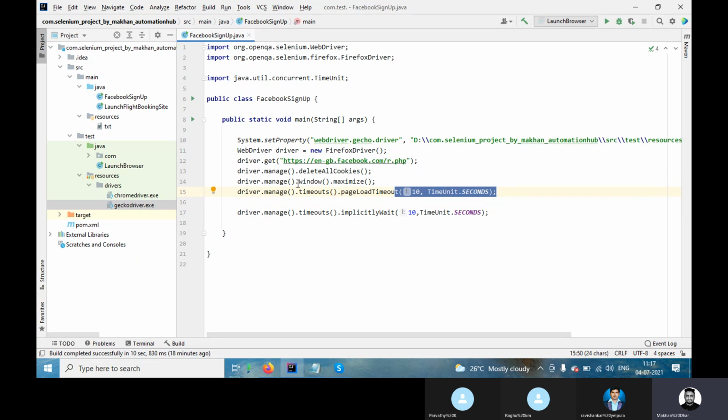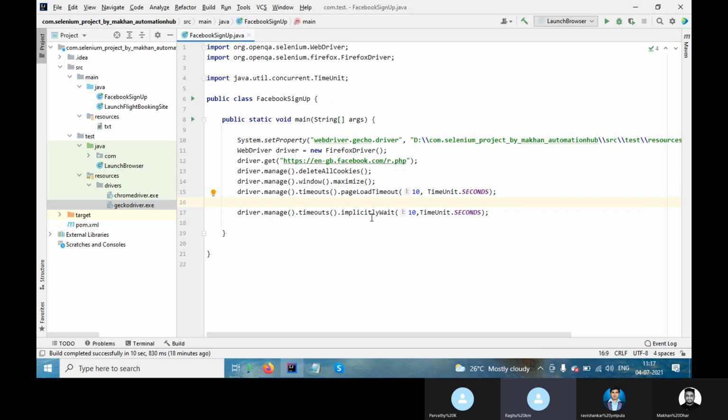Same, we just use this one time for launching the page. Here also you can use thread, there is no issue. Again, thread, as I said, will hold for 10 seconds or whatever time you give.